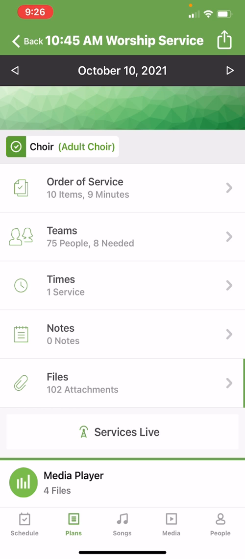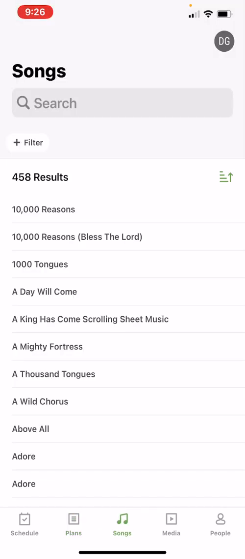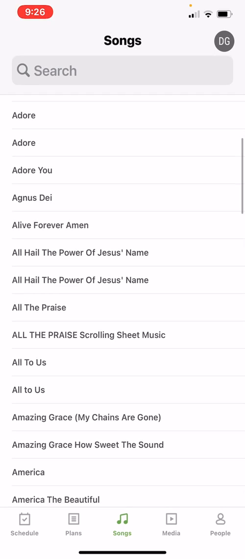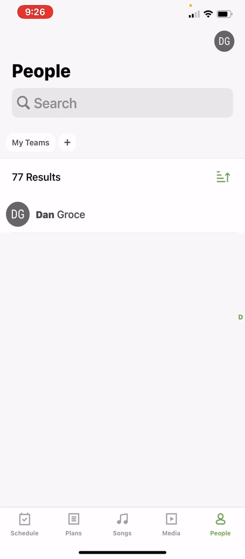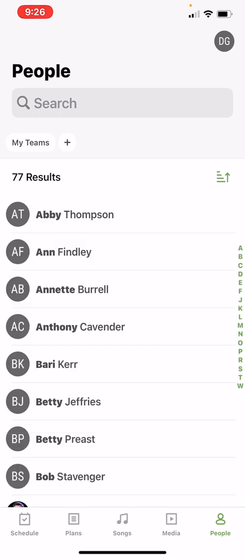Okay, so now we're back on the plans page. You don't really have to do that because the buttons are across the bottom of the screen on all the different parts of Planning Center that you can go to. But anyway, the one that says songs, you can check to see if a song is in Planning Center. There's all kinds of information about all the different 458 songs that are currently in Planning Center. Now, rather than going back to plans, I'm just going to show you, you can hit the button at the bottom of the screen to go to a different option. Media is not one that I've really seen very much information in, but if you go to the one that says people, if for some reason you want to contact someone in the music ministry,